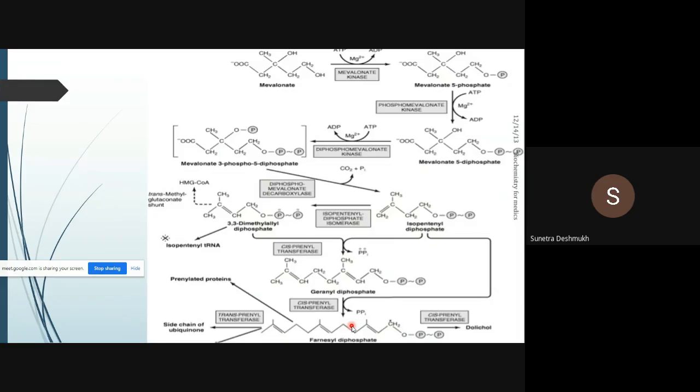Okay, so it is not that difficult, this cholesterol mechanism. Just go step by step, count the carbon atoms, and then you can go for writing the different structures of IPP, DPP, and IPP, converting them into farnesyl diphosphate. Okay, so now we'll see in the next slide how to use this farnesyl